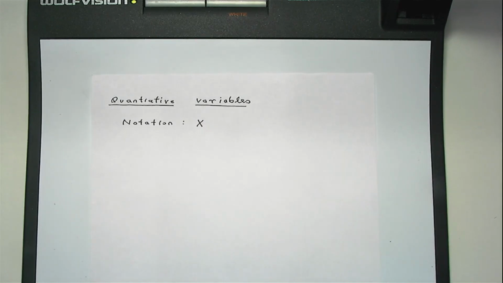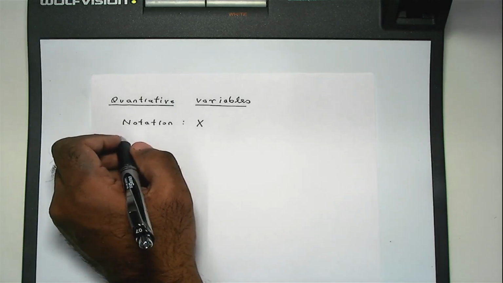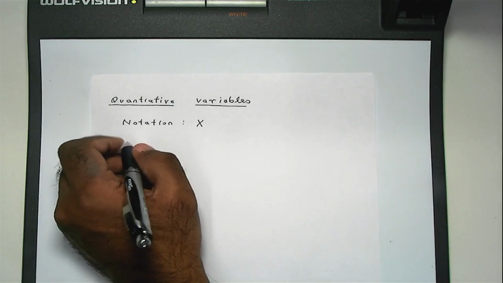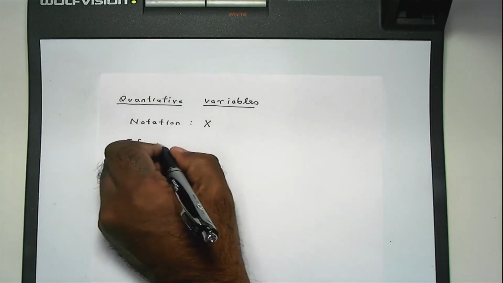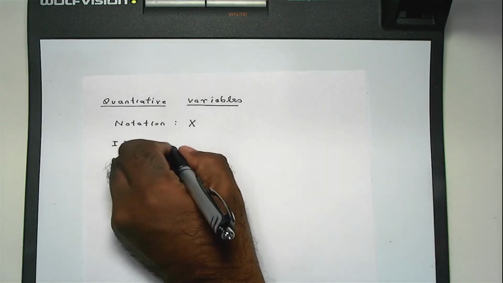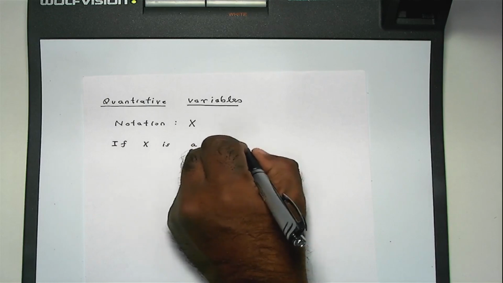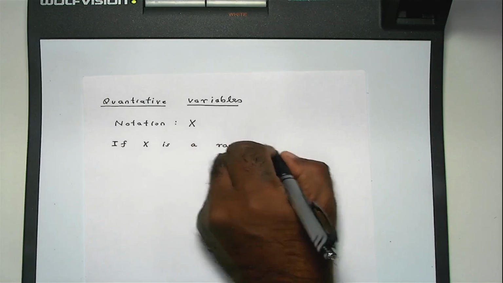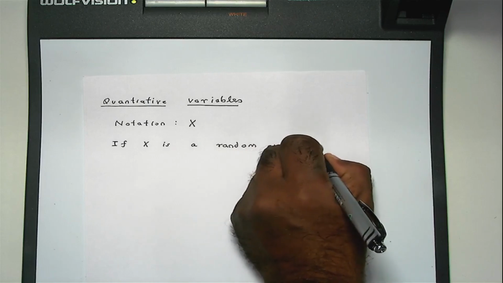So now I'm sure you know this. If X is a random variable, then